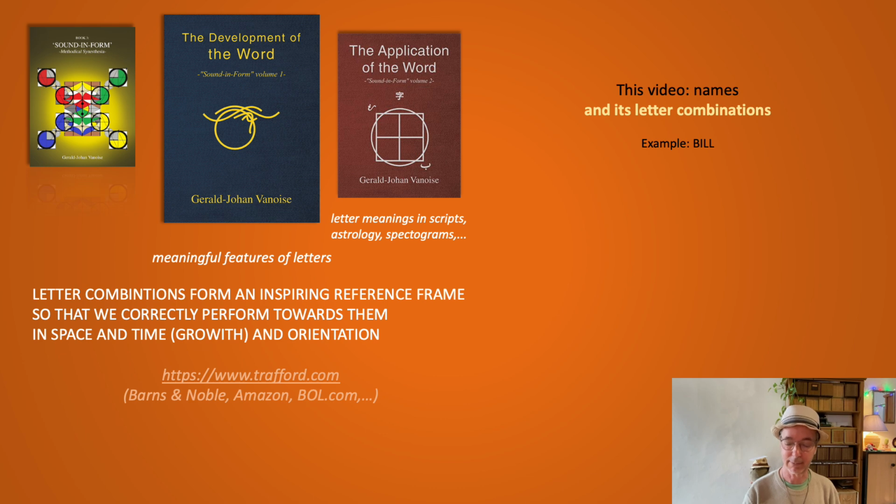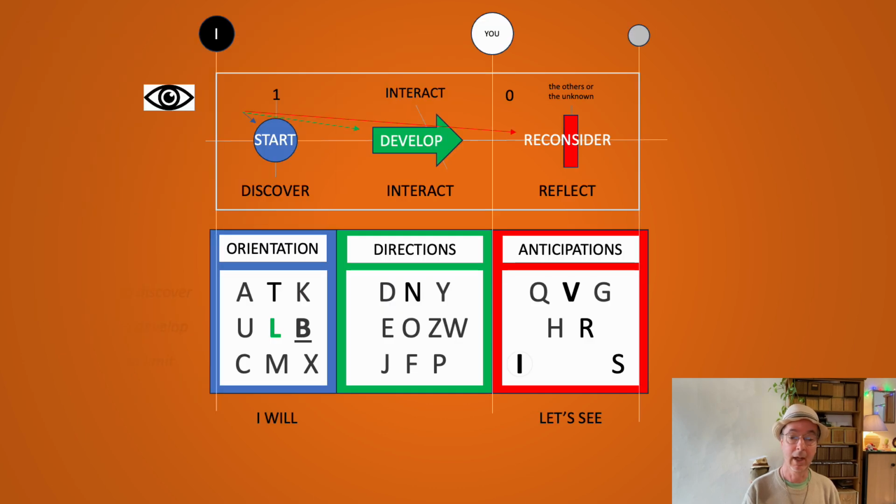And the first example is Bill. And of course you can explain letter combinations for names, but it needs a different approach. And the approach is, know this scheme very well. I will explain how I do it very quickly, but I will focus mainly on the results so that you can use the results. And because all the letters are in a system in which we look at those letters,